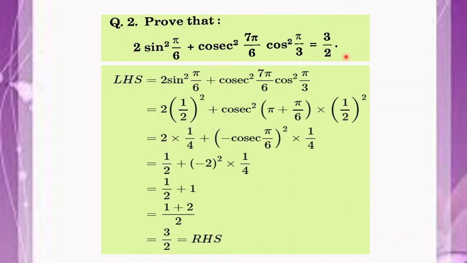Second question, here also we have to prove this thing. So sine pi/6, again we know the value we just used. So 1/2, and cos square of 7pi/6, we don't know the value. So it means here we have to do the conversion. 7pi/6 can be written as pi plus pi/6. Right? Now pi will take us to the negative x-axis. Right? And this is pi plus pi/6. So it will fall somewhere in third quadrant. And in third quadrant cosec is negative. So it will give us minus cosec pi/6 whole square.